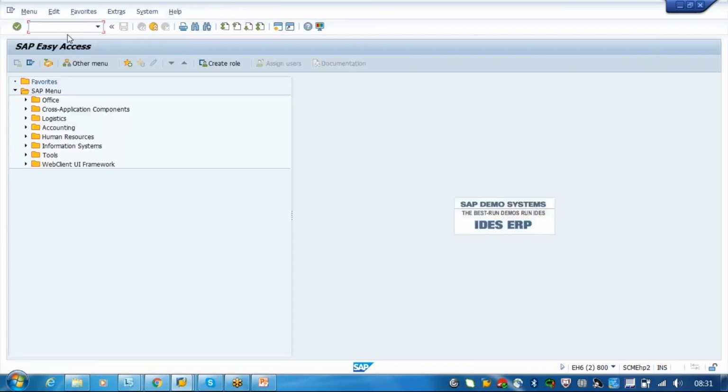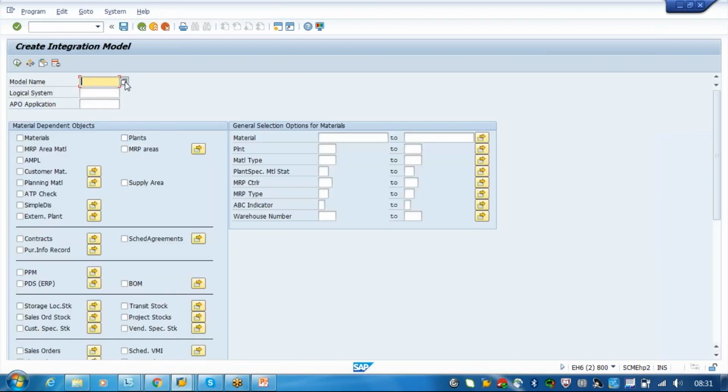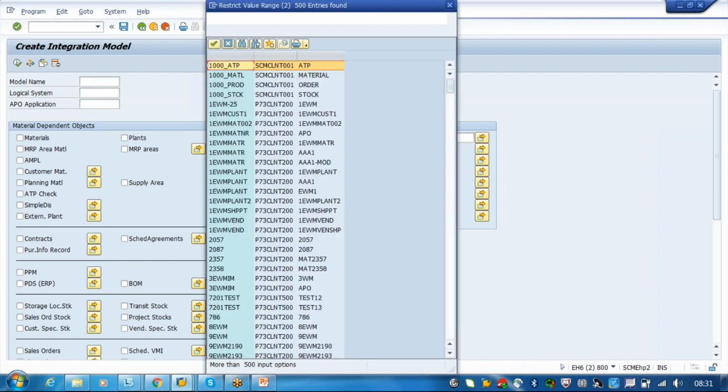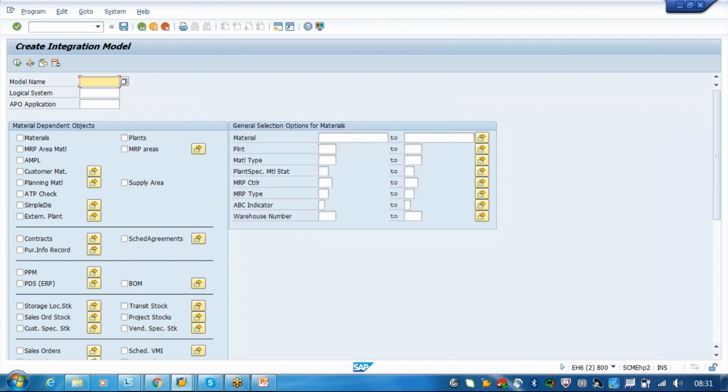Okay, it got saved. What you can do is go to CFM1 to activate or generate the integration model. Here you can put the model name. So what is the model name? Either you can put TM or customer, material, whatever it is. What we can do is I'll just put customer